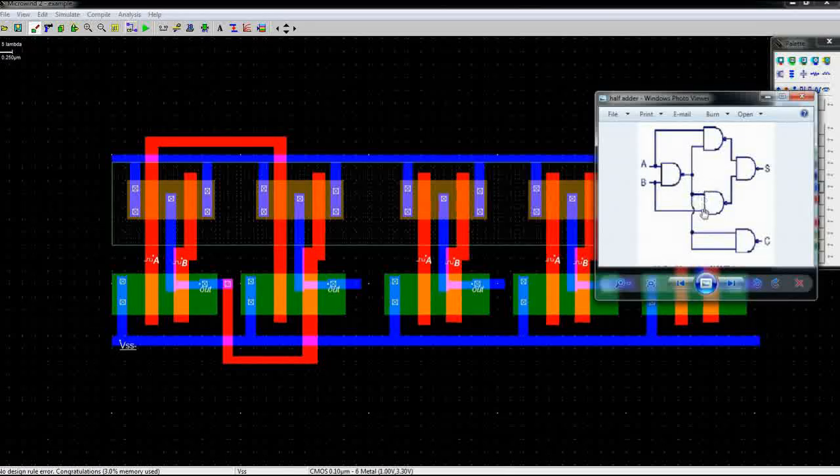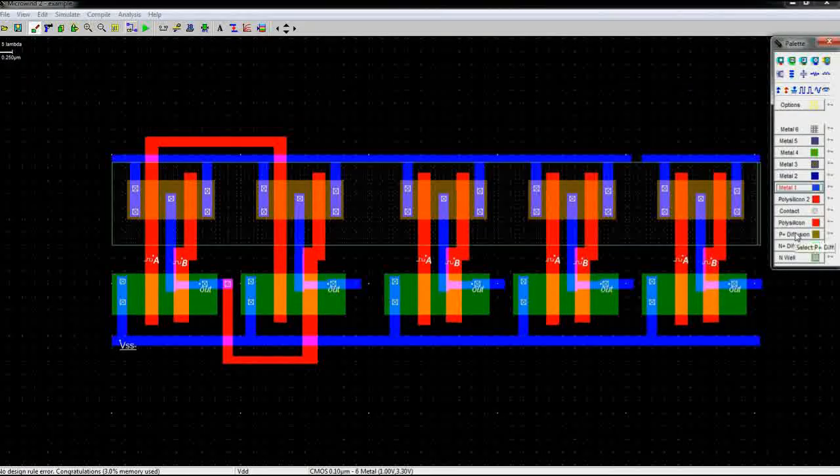Now we have to connect this gate. One of its inputs is connected to the output of this gate, so we have to extend this poly from here to here, whereas the other input is connected to the input.